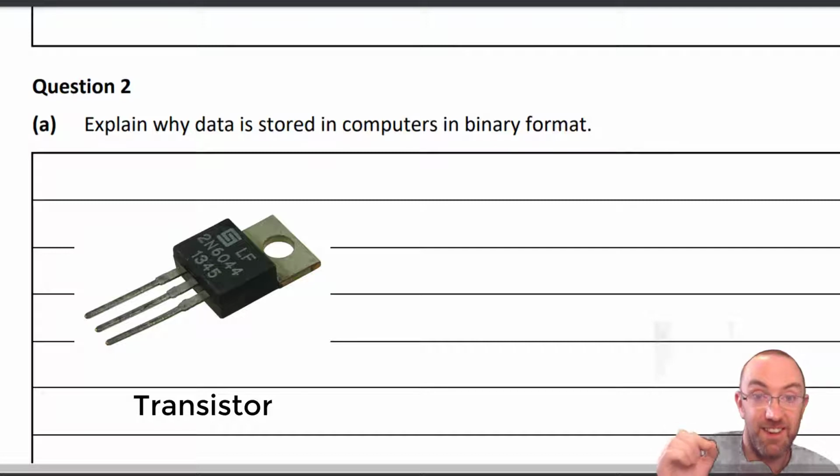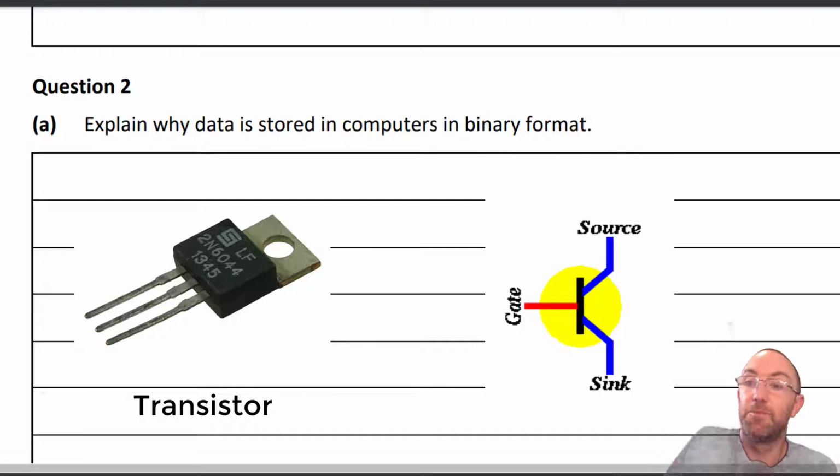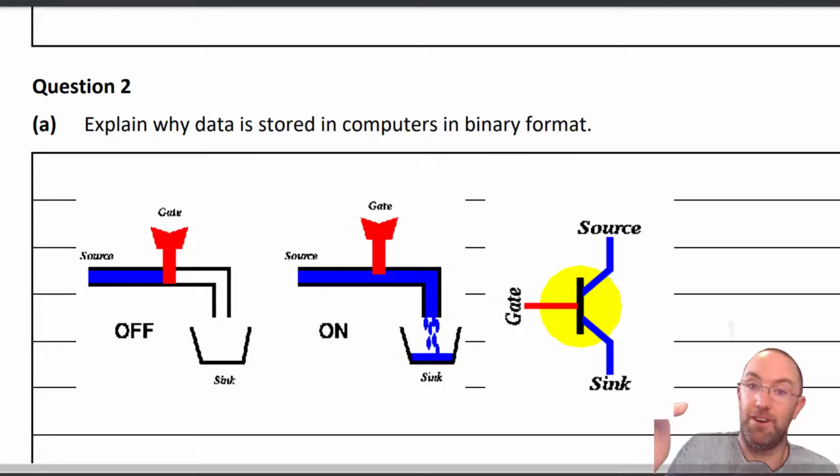Those transistors, those tiny little circuit components, they represent 1 being on and 0 being off. Some people refer to them as true or false, high, low, and that true false thing comes from the very